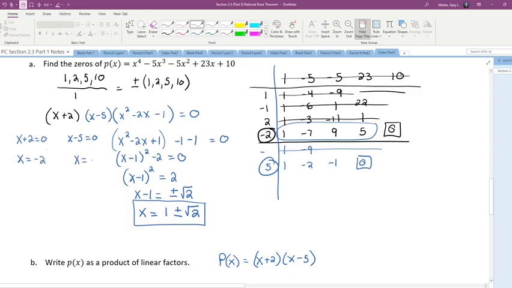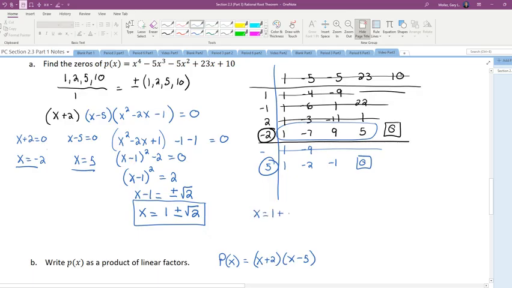X equals 5. So I'm at the x equals stage, right? X equals, x equals, x equals. So if I want to recreate the factor, what do I do? I take the 5 and I put it back so it equals 0. So I'm going to move the 5 back, and I get x minus 5. I'm going to move the -2 back. I get x plus 2. I'm going to take these two guys,